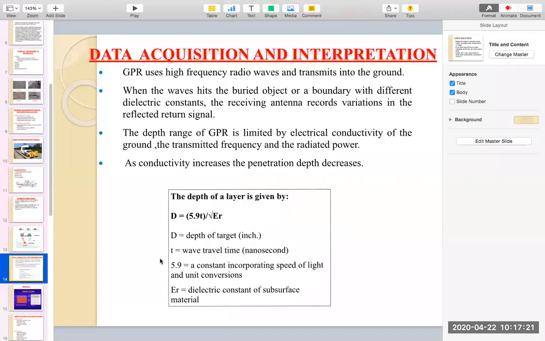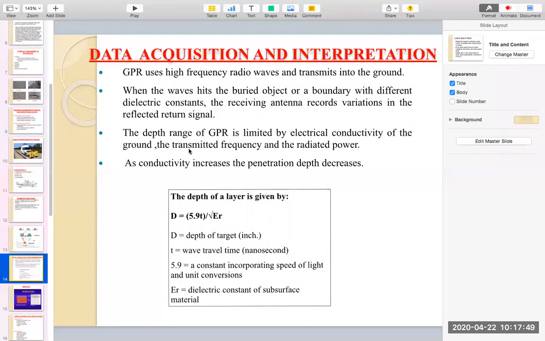So how data acquisition and interpretation is done: it uses high frequency radio waves through the antennas and transmits them to the ground, as you saw on the flow chart. These waves hit the buried objects in that particular pavement. Then the receiving antenna records the variation in the reflected return signals.